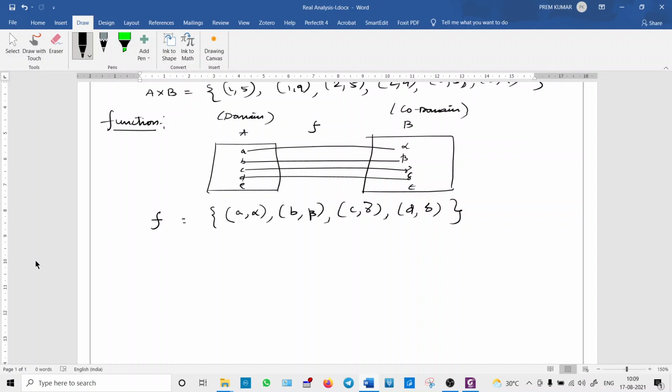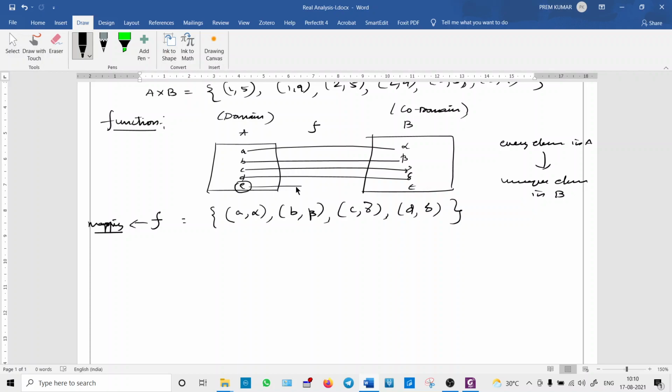Okay. But sorry, we should not use the word function. Why? Because this is a mapping. Now at present we say this as a mapping. Why? Because it is not satisfying the definition of the function. Why? This element has not been mapped to an element in B. See the definition of function. Every element in A must be mapped to a unique element in the set B. So this is not a function, but we can say it is a mapping.